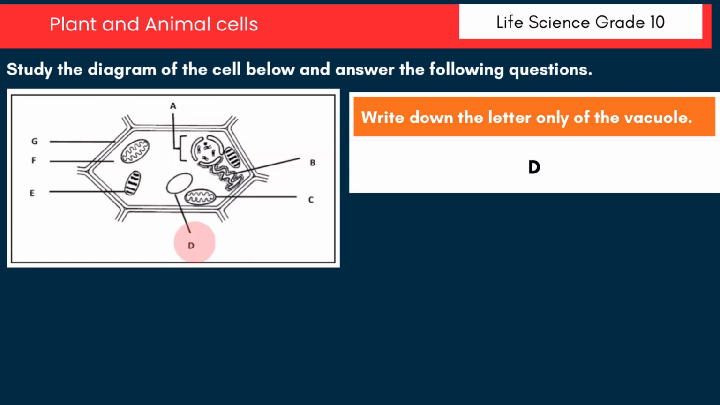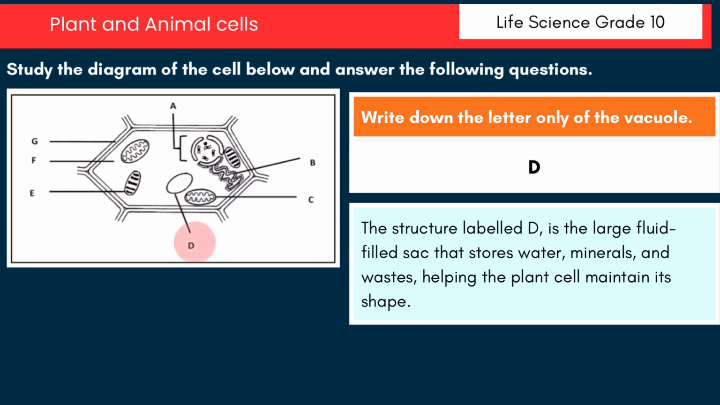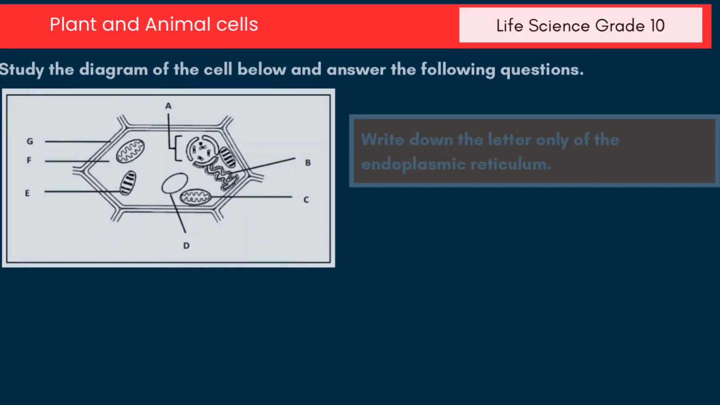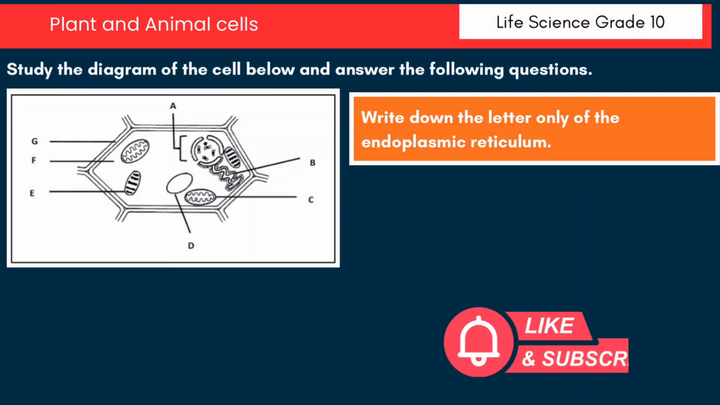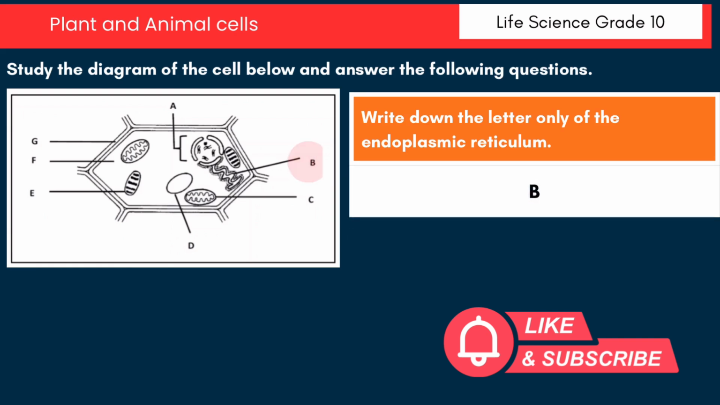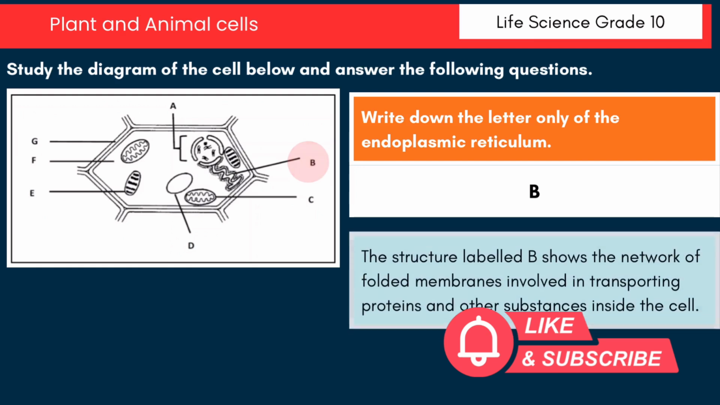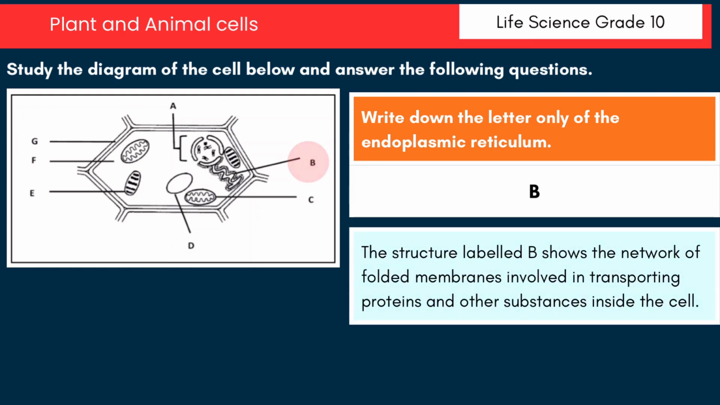Correct answer is D. The structure labeled D is the large fluid-filled sac that stores water, minerals, and wastes, helping the plant cell maintain its shape. Question. Write down the letter only of the endoplasmic reticulum. Correct answer is B. The structure labeled B shows the network of folded membranes involved in transporting proteins and other